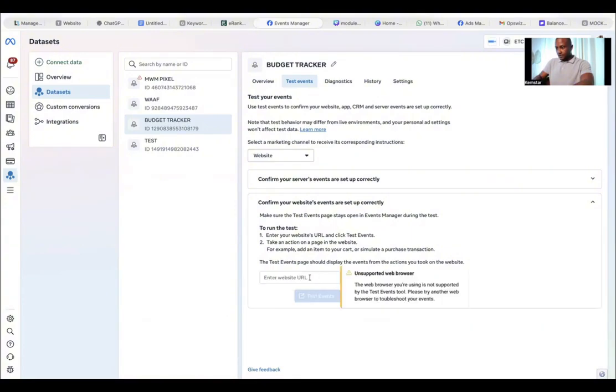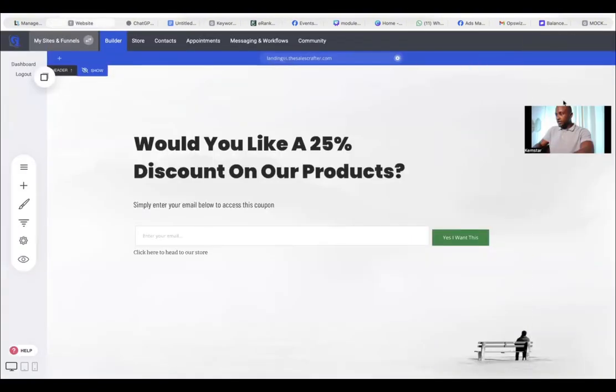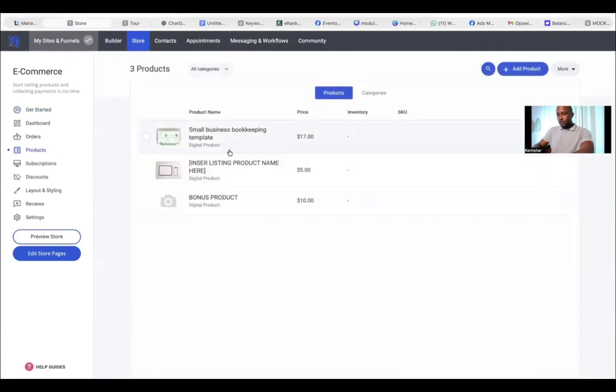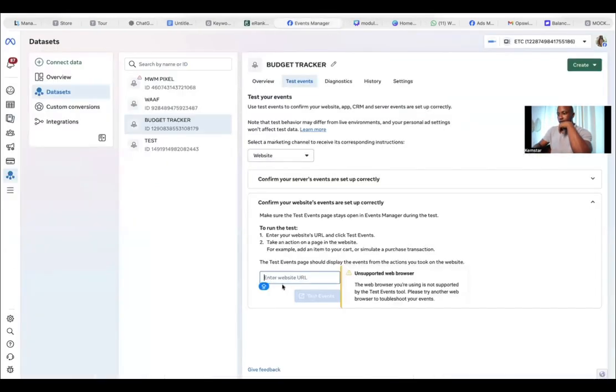Website events. I don't know if this might work right now because I'm not using an official website link. You go to store, go to products, go to your product page, and then you can literally click copy link as well. Any one of them works, but preferably do this one. When you copy that link, go back to Events Manager, paste the link, and then you